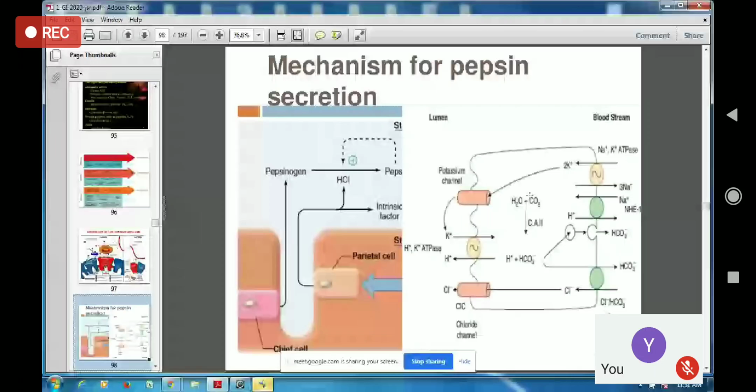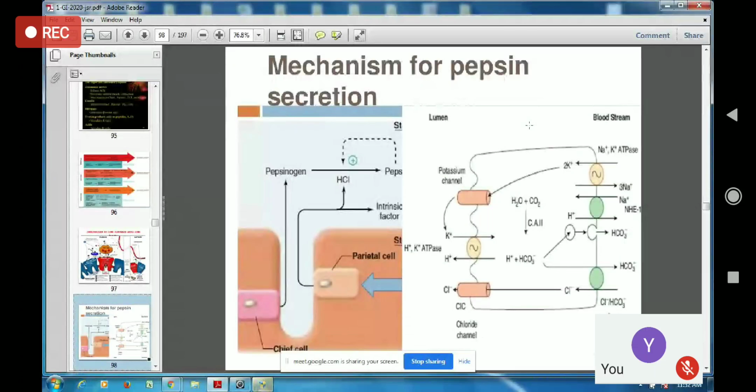But at the same time, when you are explaining this, you also have to write how HCl is being secreted in the stomach. First phase is cephalic phase, second phase is gastric phase, third phase is intestinal phase. The word cephalic means something related with the brain, isn't it? So when we have the thought of food or sight of food, or when we smell the food that we like, or when we have put the food in our mouth, then what happens?